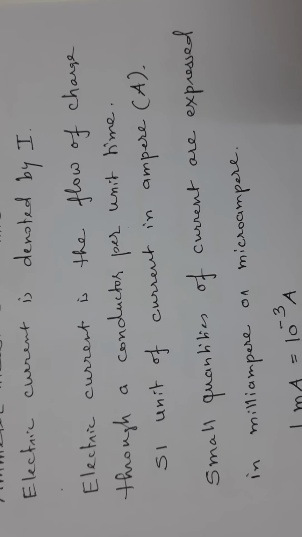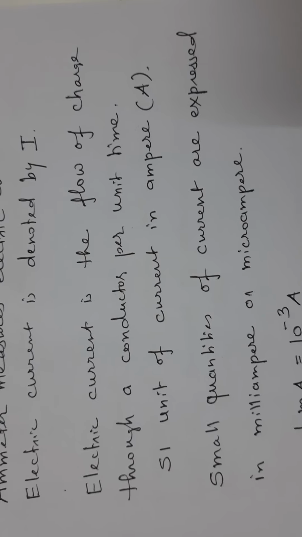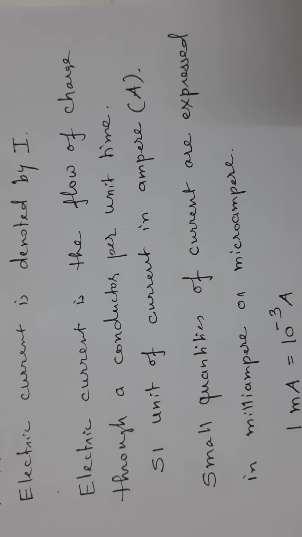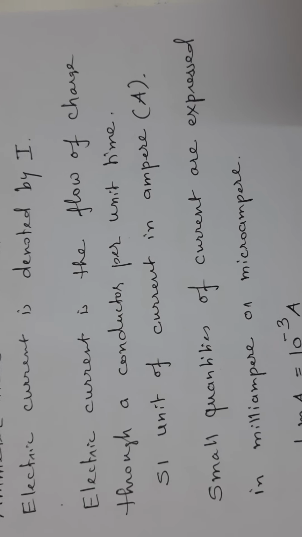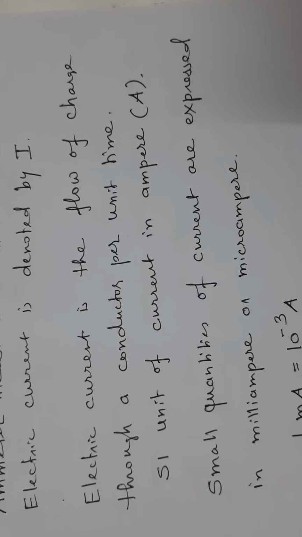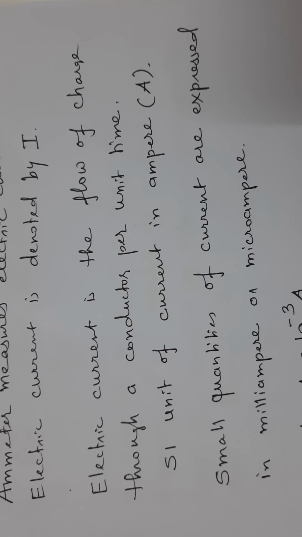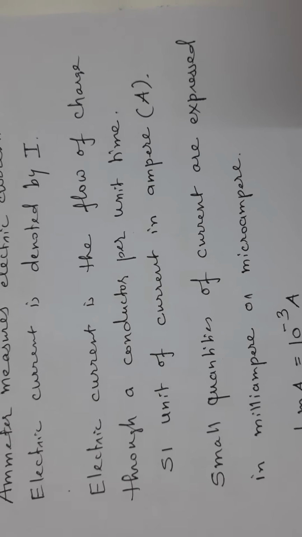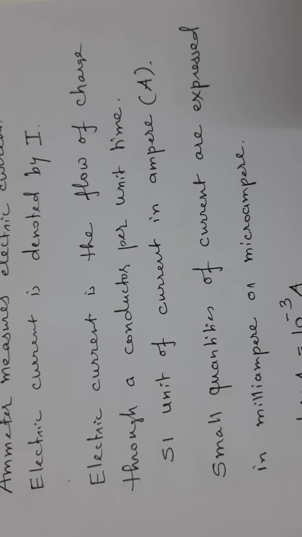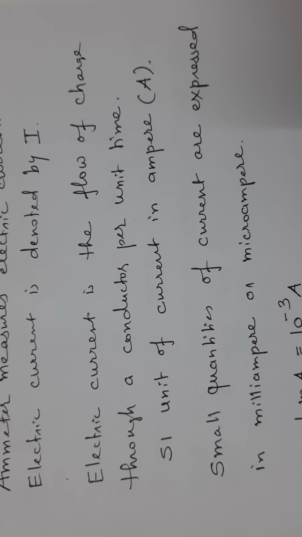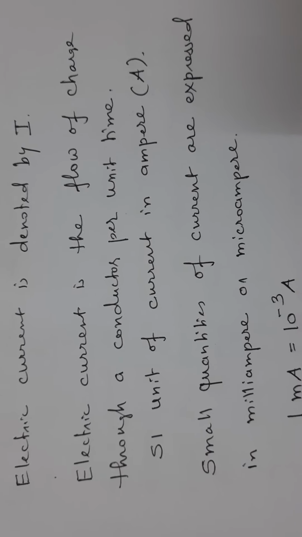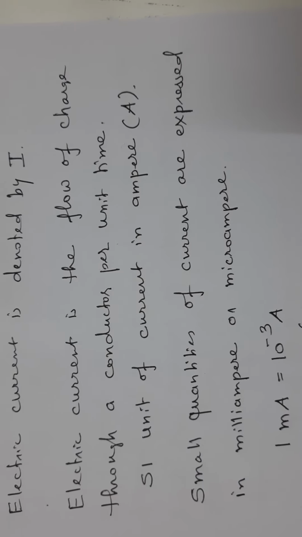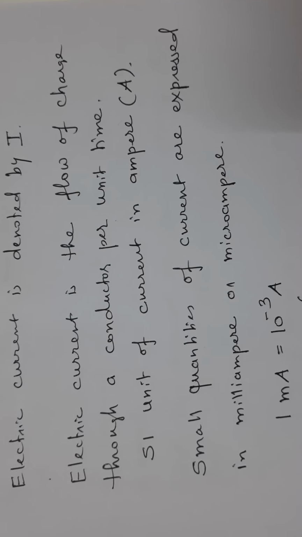Symbolically, we use it by placing capital alphabet A. When we want to write the entire spelling, then it should always begin with a small alphabet. Do remember, that is the way we write the unit. If you want to write the unit as the entire name ampere, then that alphabet should begin with small. If you want to just put an alphabet, then that alphabet must be A.